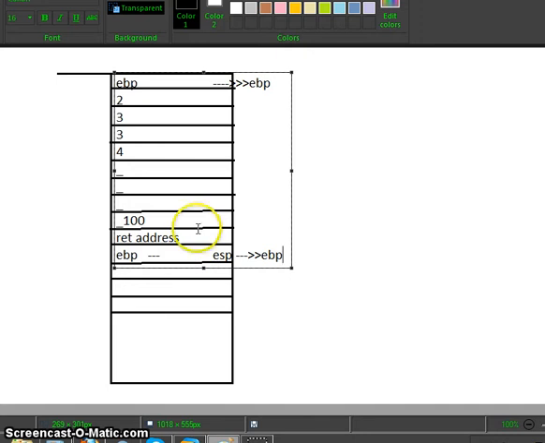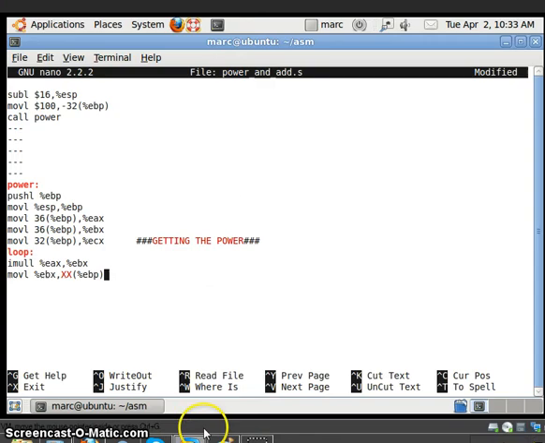So 1, 2, 3, 4, 5. So let's store it over here. First result will be saved over here. So it is at an offset of 1, 2, 3, 4, 5, 5 for the 20. So at an offset of 20 bytes. So we should replace it with 20. Correct? Follow till now. Okay.